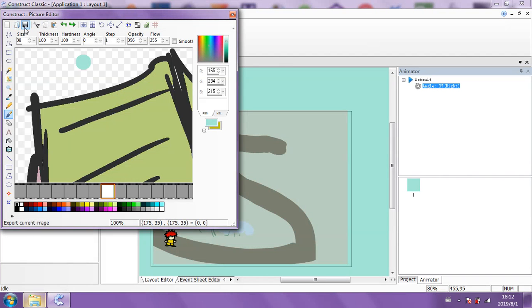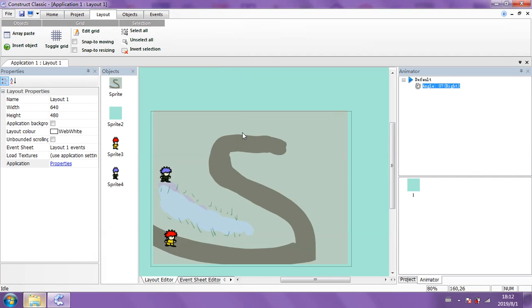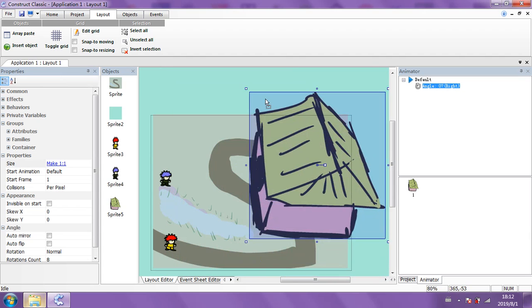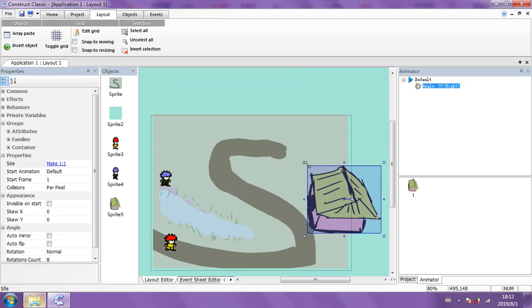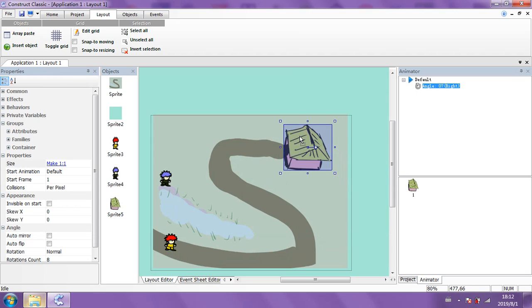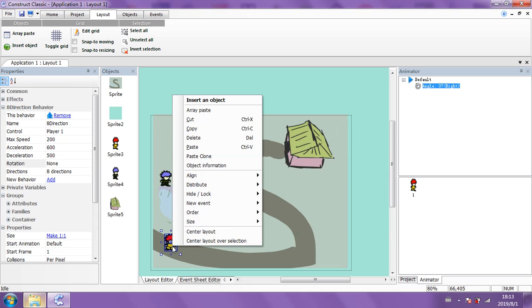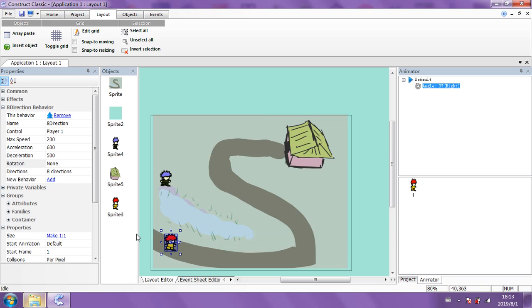I drew all these out earlier on. I made these, I drew these myself, just very quick, for quick sprites, you know. Bring this into place. Bring them smaller, bring that smaller. I need to resize everything because it was made in a bigger size, as I say. I'm going to bring our main character here. I'm going to bring him to the front by right clicking on that main character, the red haired one. Go to order, not align, go to order and go to bring to front, okay.